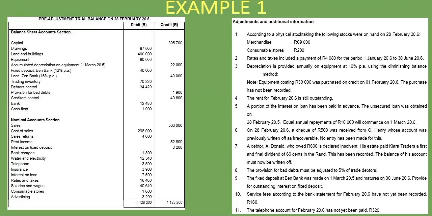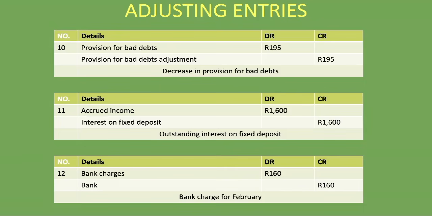Number 10 says that service fees according to the bank statement for February 2016 have not yet been recorded. Now here we incurred a service fee of 160 rand, which we have not yet recorded. And we know that service fees form part of our bank charges. So we're going to debit bank charges because bank charges is the expense, and we're going to credit bank because the money came out of our bank account as per the bank statement that we are told, and the amount is 160. So we debit bank charges 160 rand and credit bank